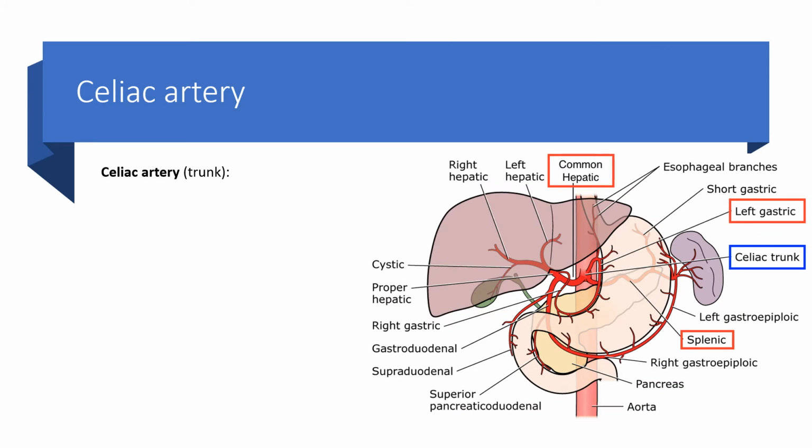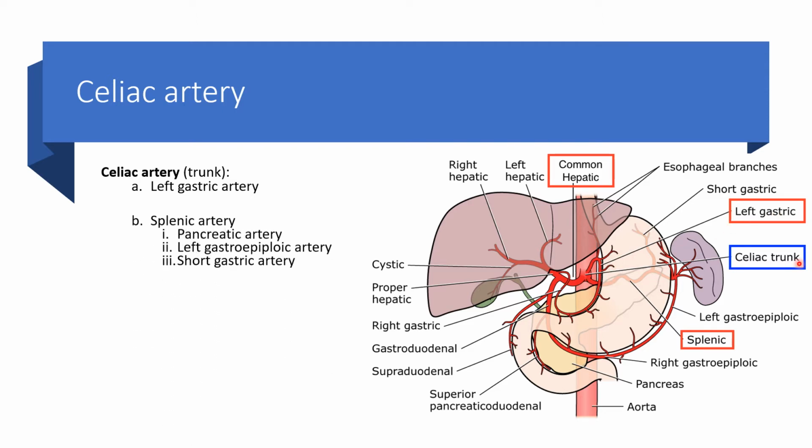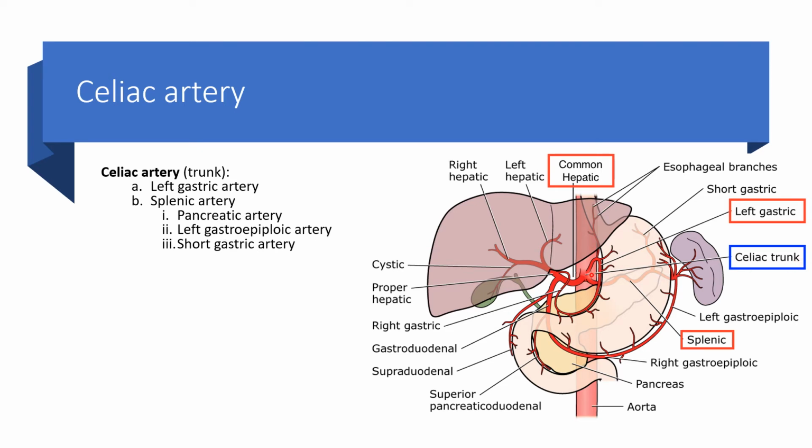Let's talk about the celiac artery. The celiac artery gives rise to three main branches. You have the left gastric artery, which is here. Got your left gastric. You got your splenic artery, because it provides blood supply to the spleen. It actually branches into the pancreatic artery, the left gastroepiploic artery, which is here, and the short gastric artery,